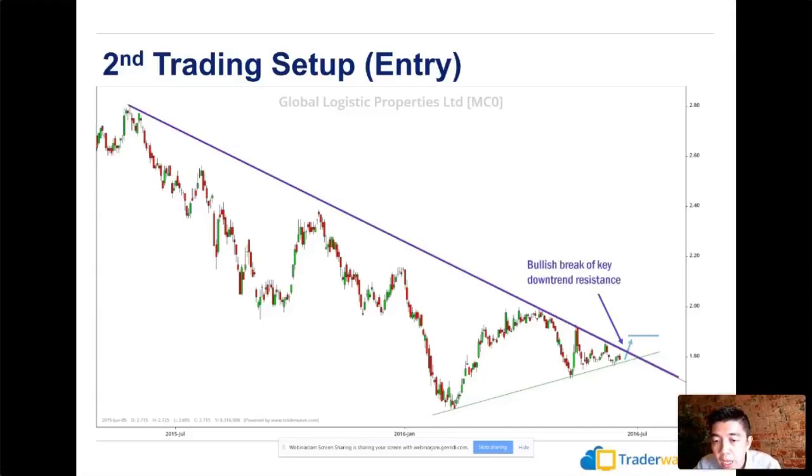resistance. And as you can see over here, this is where that bullish break of the key downtrend resistance happened as the price crossed over the line. At the same time, we also noticed that it was a strong rebound of a key uptrend support. So there are two pieces of evidence that help support the case that very likely the price will continue to go higher from here. So now if we decided to enter this trade, obviously we need to think about